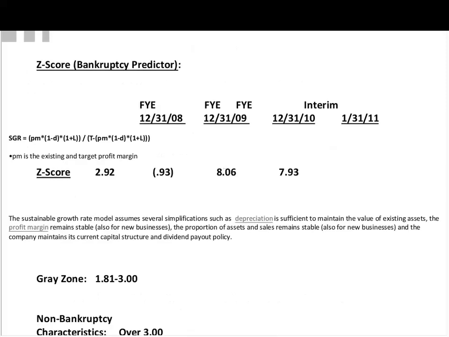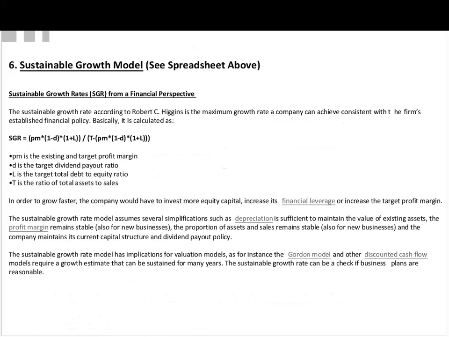Moving forward, last major model from our spreadsheet. Then we just got a few little items and we'll conclude our session. Sustainable growth. If you'll highlight the middle paragraph where it says, in order to grow faster, that small little paragraph in the middle of this page. This is a kind of what-if scenario that says, well, what would the numbers look like for this company? Meaning from a sales growth perspective, if this company had no additional equity or no additional debt capital coming into